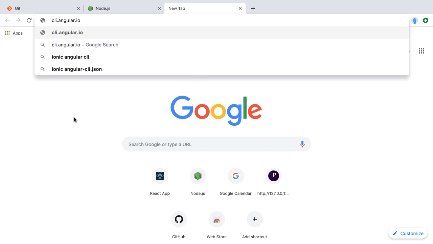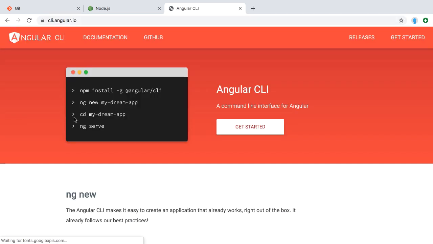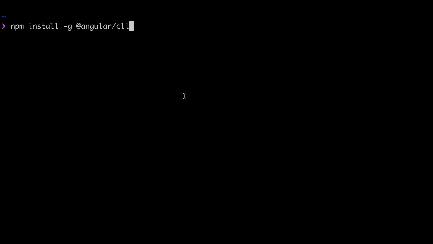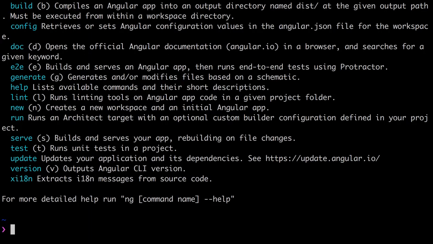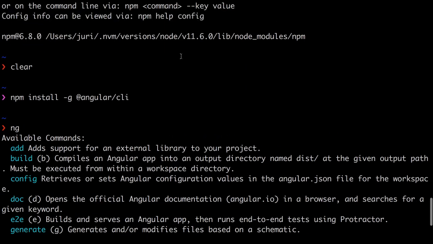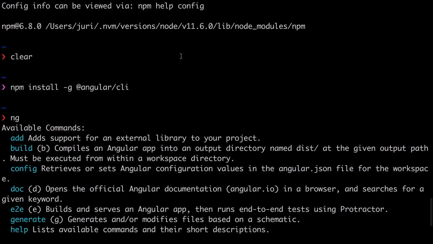If you go to cli.angular.io, you will have the main website of the CLI. Here you can see also the command to install the Angular CLI, so we can just copy and paste this. And since we have npm already set up, we can now execute this command and install it. I won't do it on my machine because it's already there, so feel free to go ahead and hit enter. Once installation terminates, if you write ng, which is for the global CLI, and hit enter, you should again get a list of available commands,